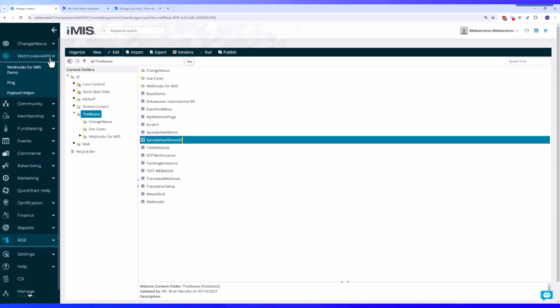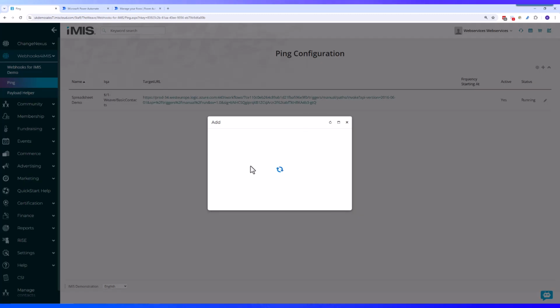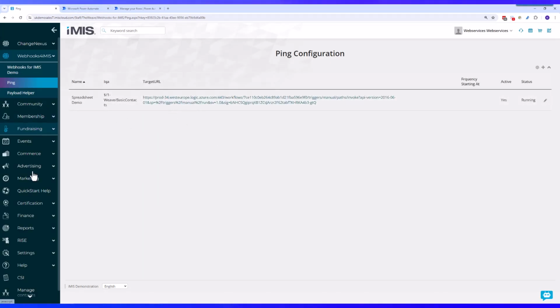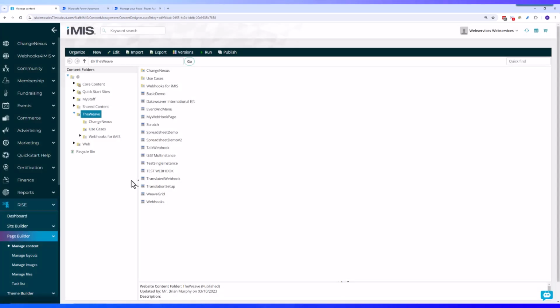publishing, I'll just very quickly show you in Ping, we can simply set up a spreadsheet like this. It's just as simple as adding the name, the IQA, the target URL, and the frequency that you want, and once that's active and approved, then it will run on that schedule automatically and you don't have to do anything. But for the demo, I am going to press a button because we want to see this actually happen right now. So jumping back in here,